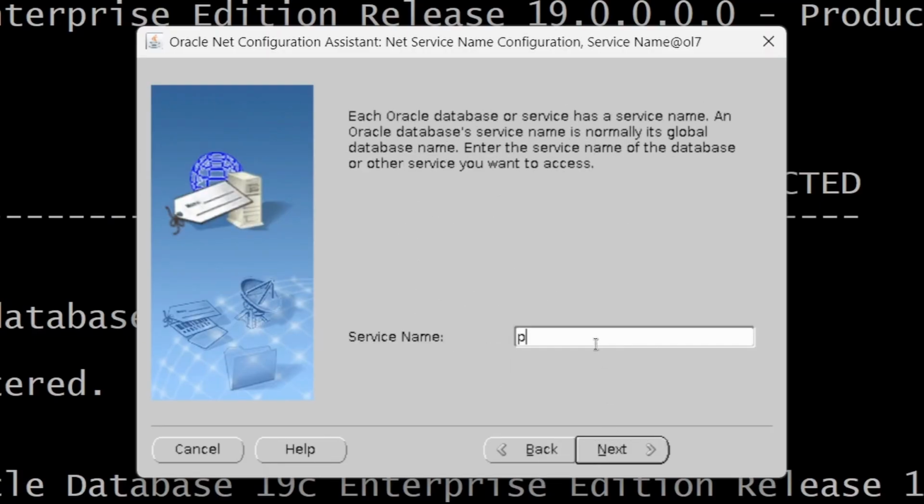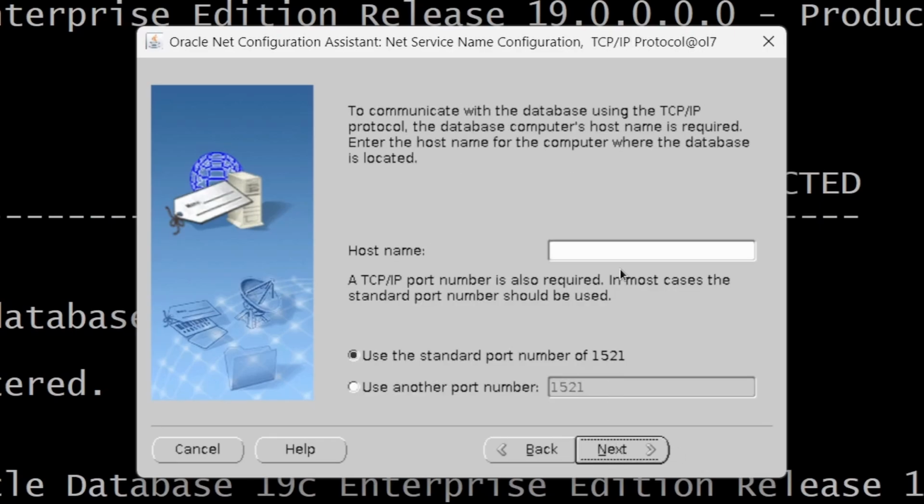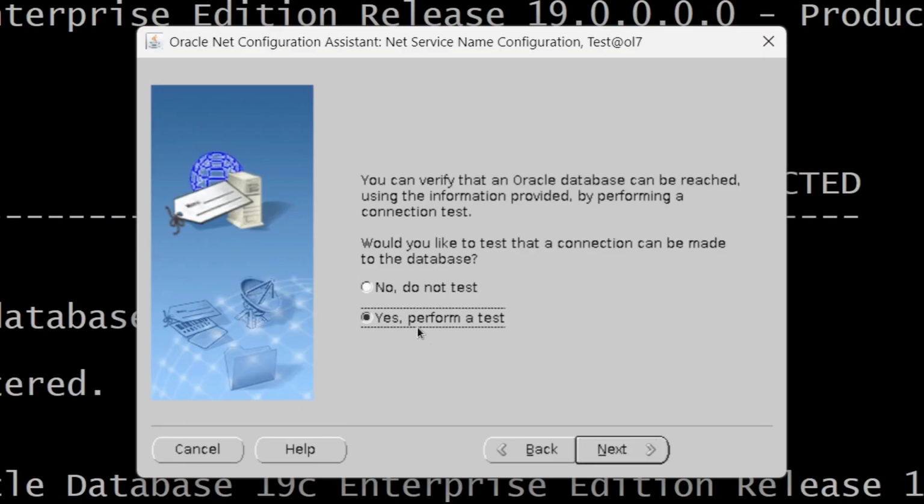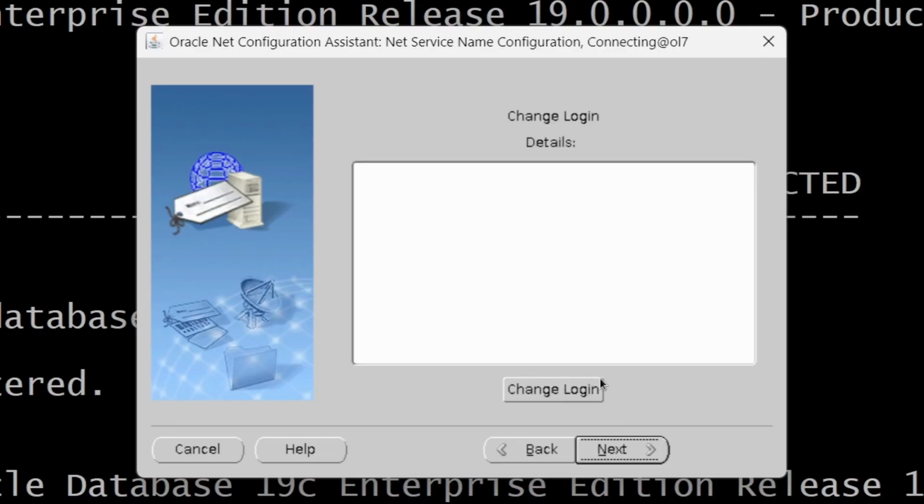Then the service name should be PDB1. Next TCP, and then host name is OL7. Then we're just going to select the 1521 port. Then let's test it. By the way, before testing it, let's just use the system user.